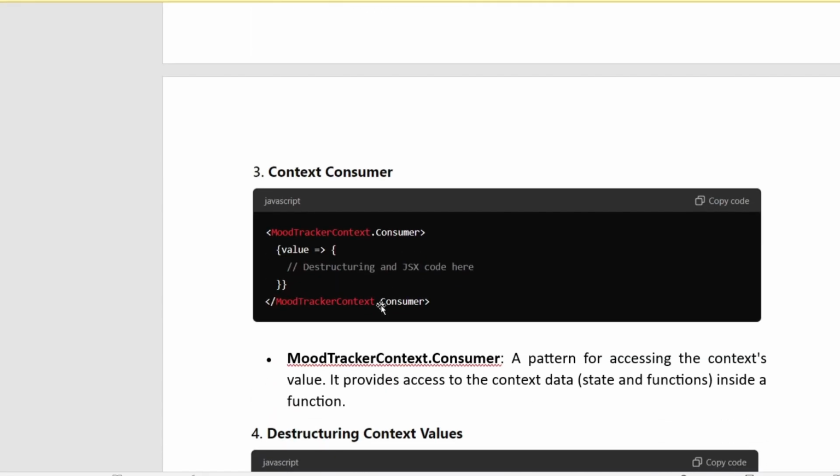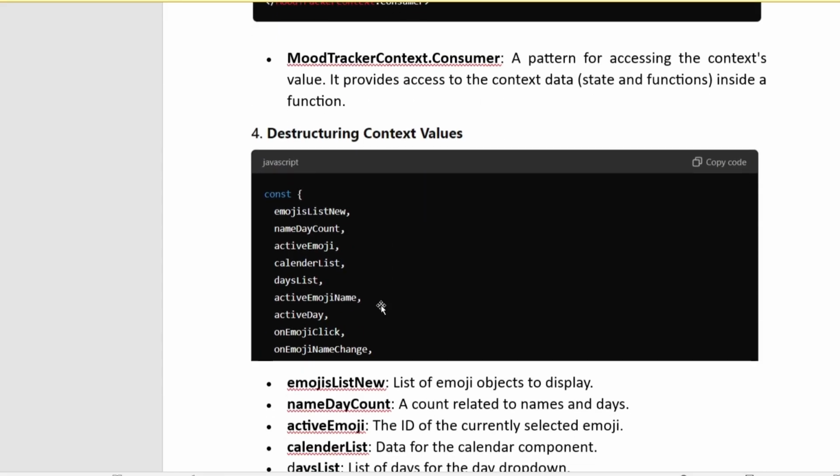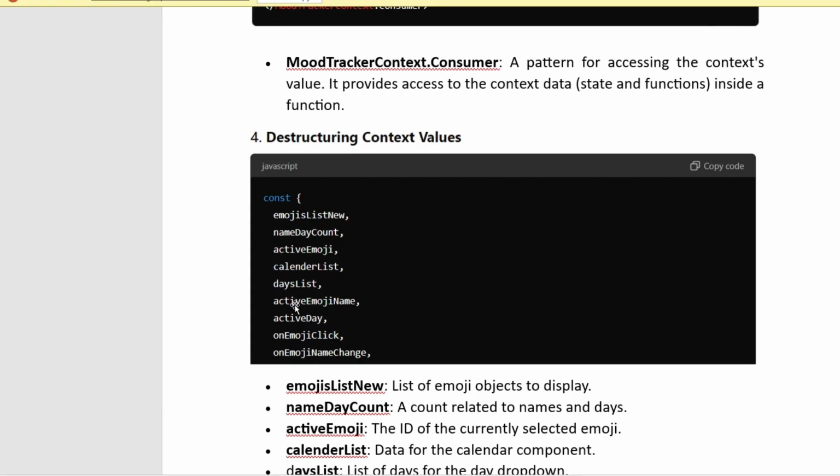Go to the third. This mood tracker context consumer pattern is accessing the context value. It provides access to the context inside a function. Okay, let us go to the destructured context values. Emoji list is the list of emoji objects to display, and name day count counts related to the names and days, and the name of the current selected emoji, and active day, the currently selected day value, and next is an emoji click handler for emoji button clicks, and